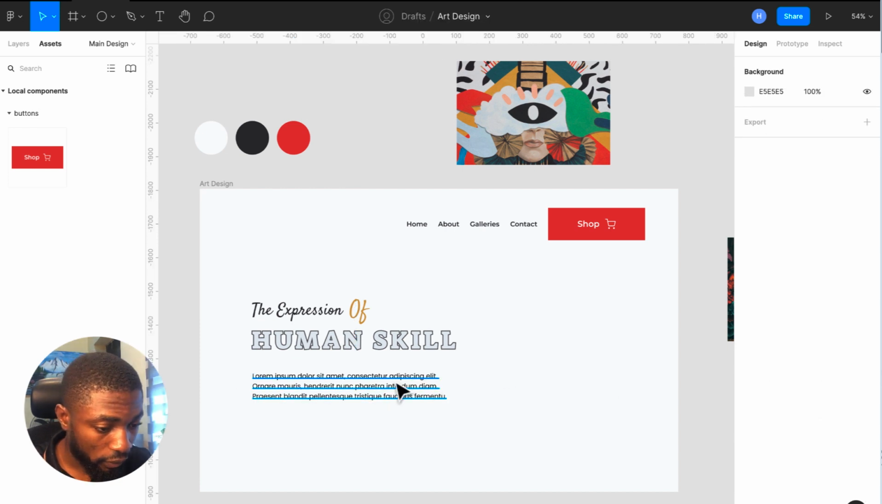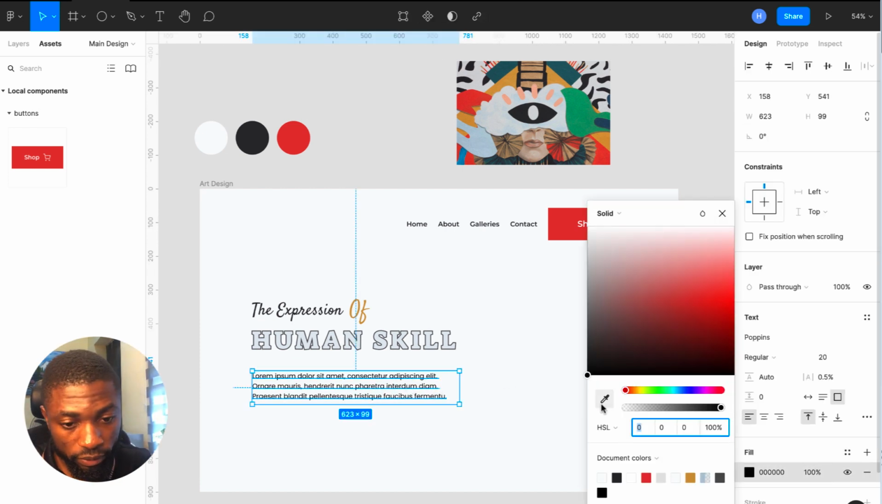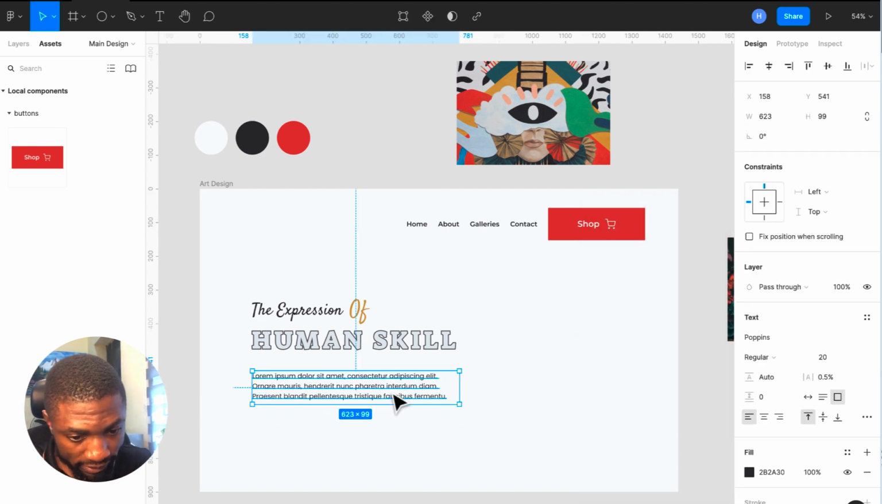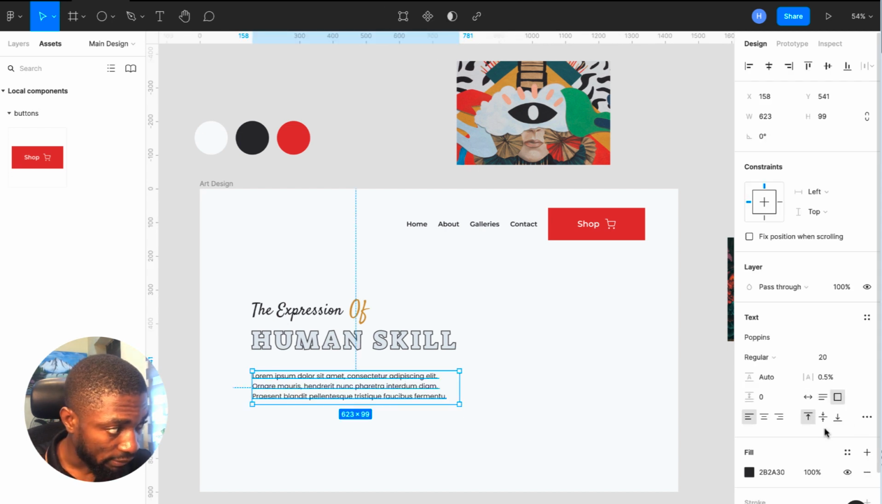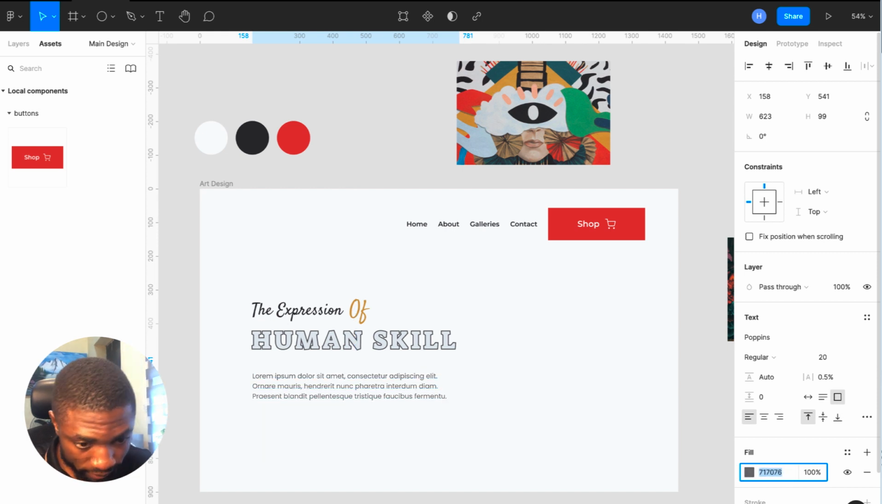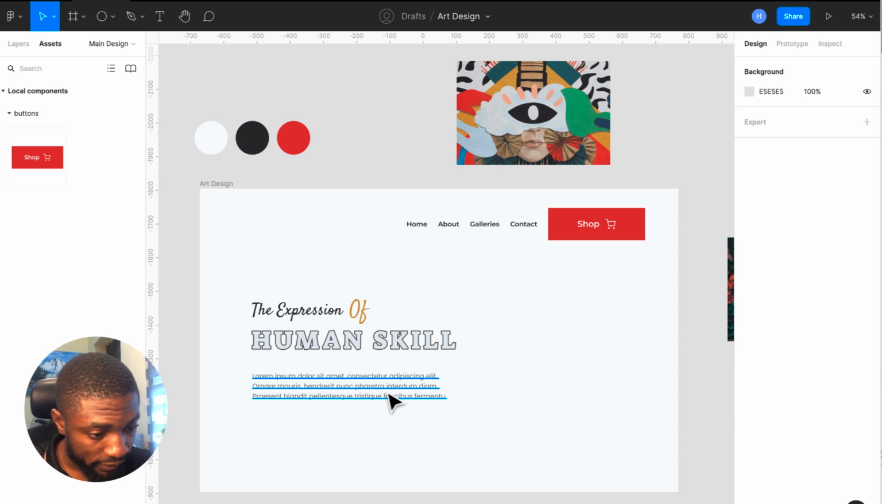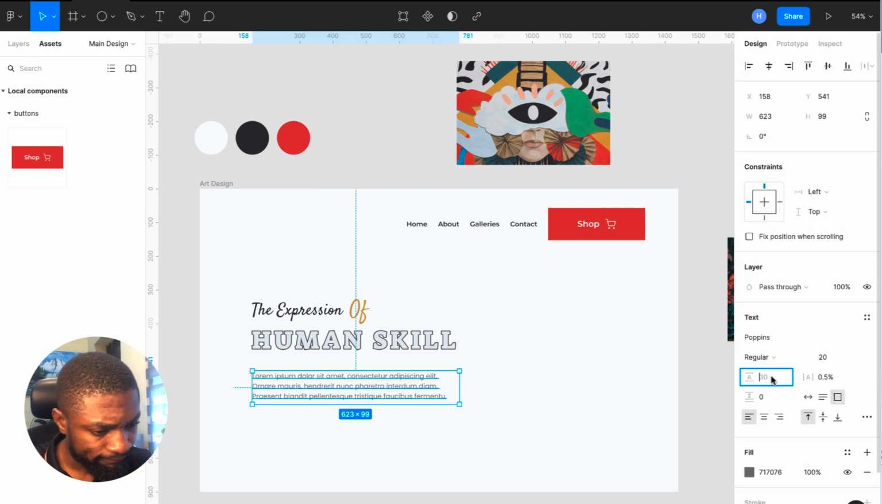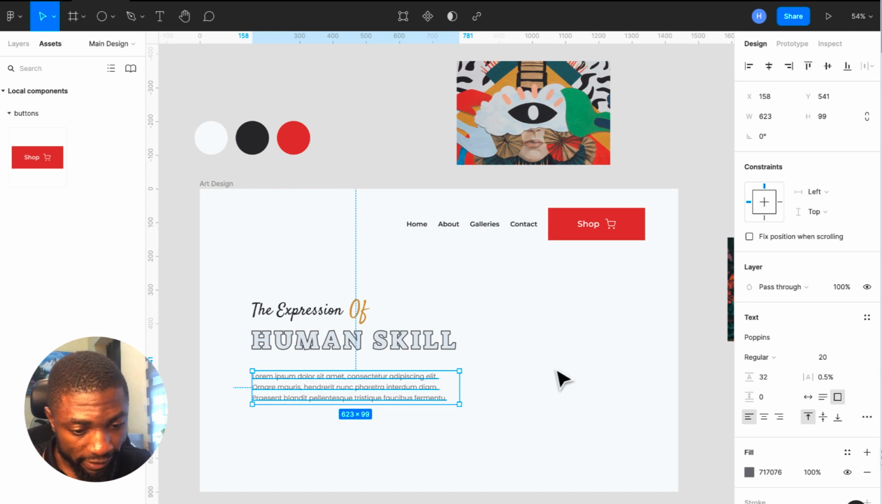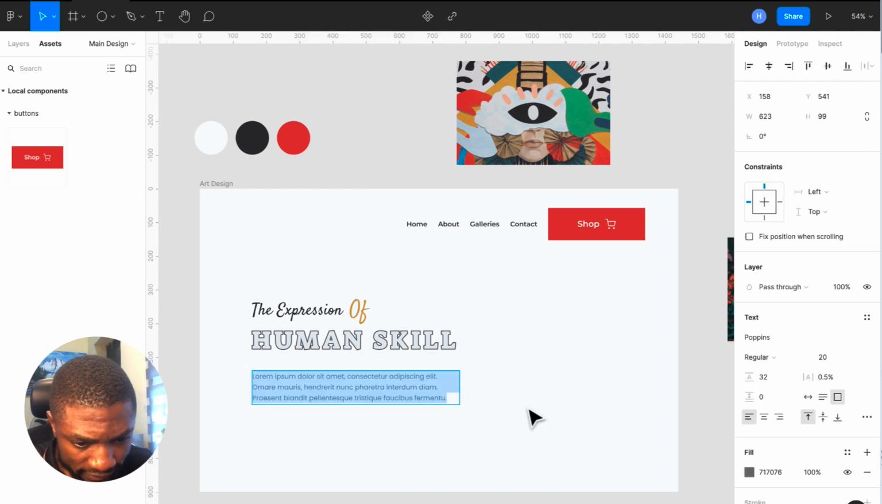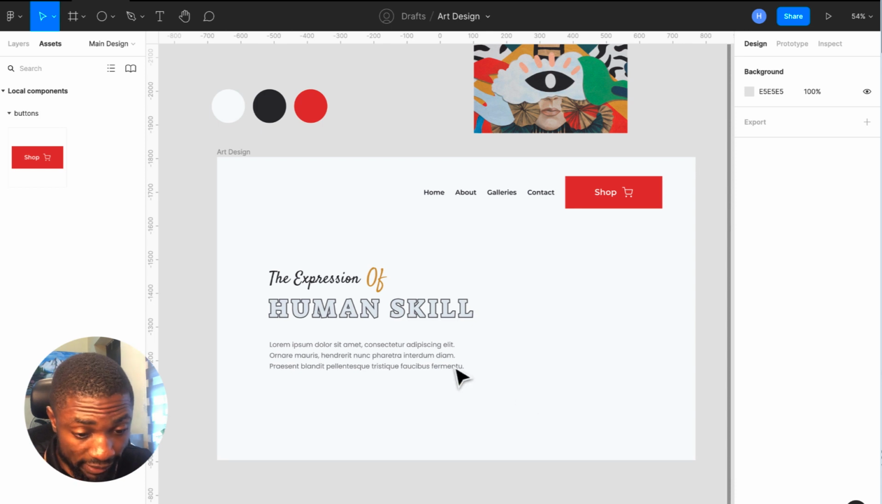Fine. For the color, I'm going to select this color as well, the black, and I want it not to compete with what we have here. So what I can do is reduce this by using the shift and the up arrow. Also, I've reduced this, and let's check the line height. So I'm using 32 for the line height. Awesome. If you have this design already, the next thing I want to do is